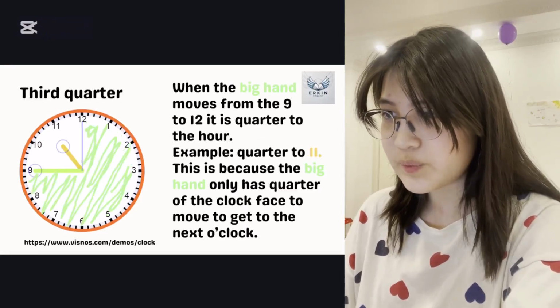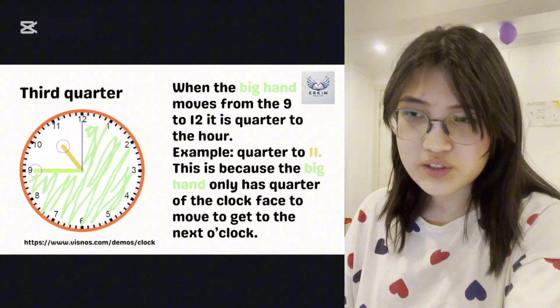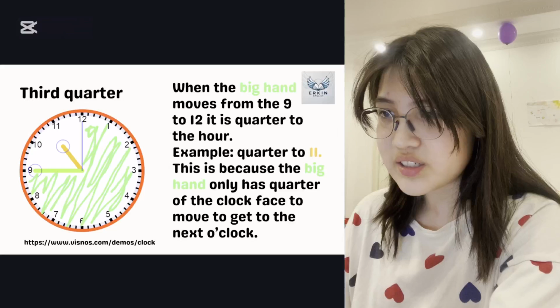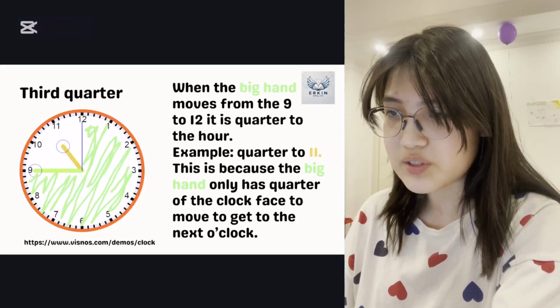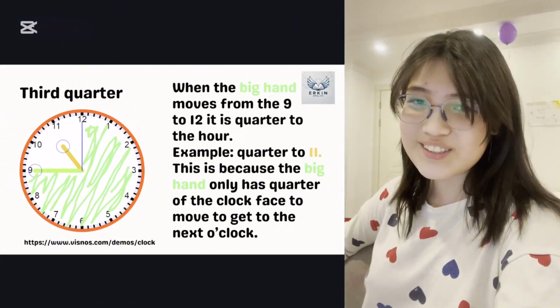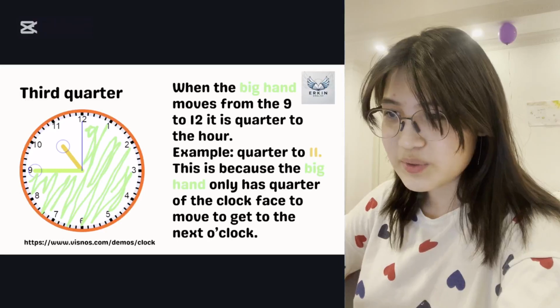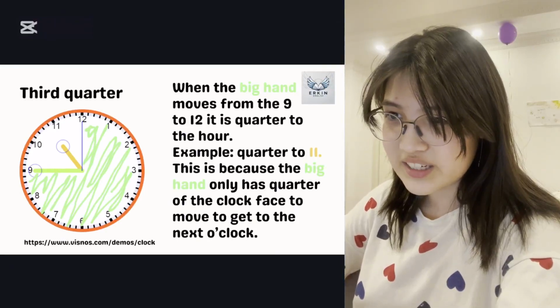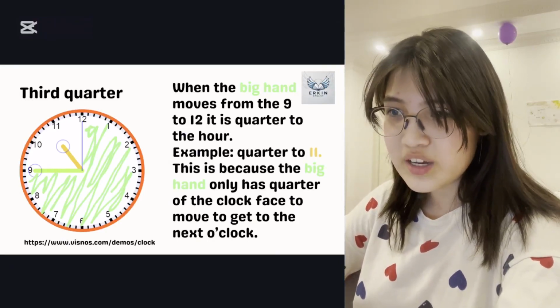Then with the third quarter, we know that it's quarter to, because there's only a quarter left to reach the 12 mark, which represents the o'clock and the initial standpoint. It represents that there is a quarter to whatever the hour. So in this example, we can see that the small hand is going from 10 to 11, so it's quarter